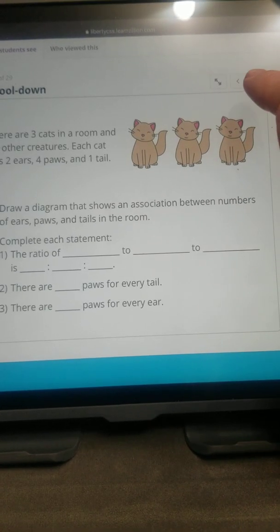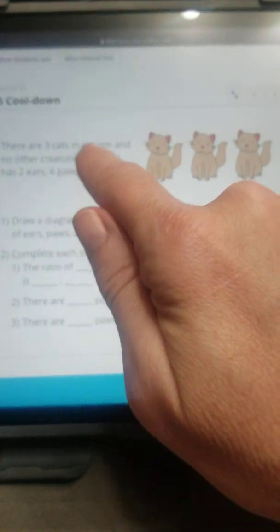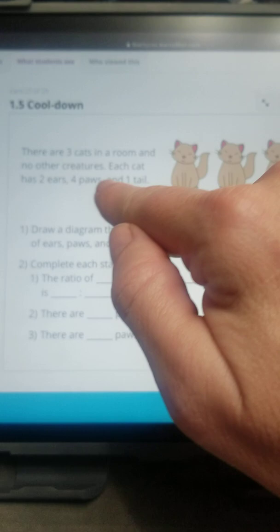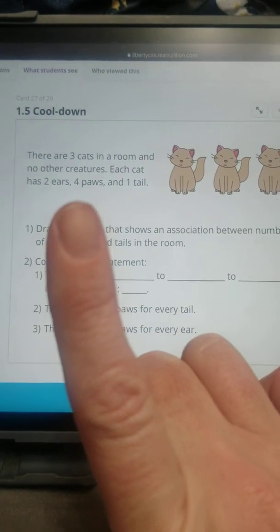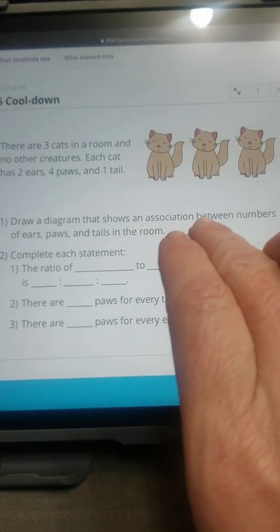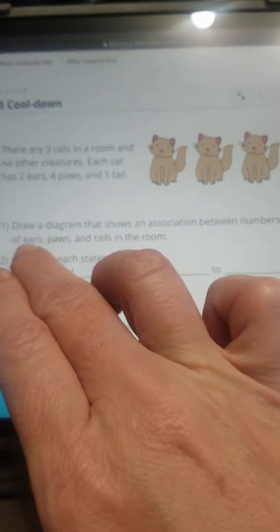Cool down. There are 3 cats in each room and no other creatures. Each cat has 2 ears, 4 paws, 1 tail. Describe a diagram that represents the association between number of ears,